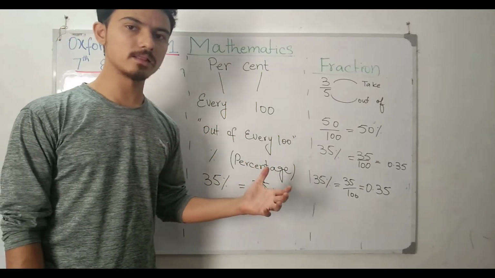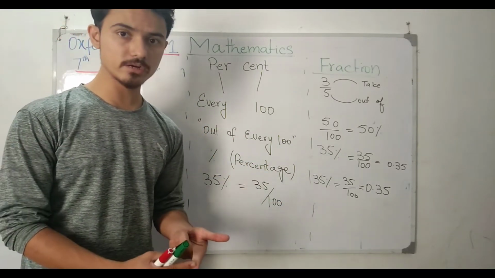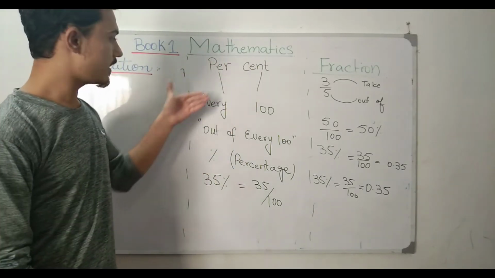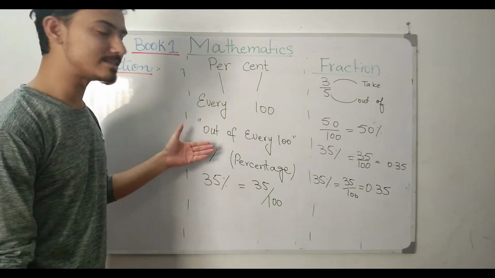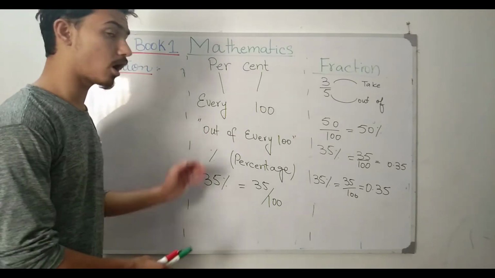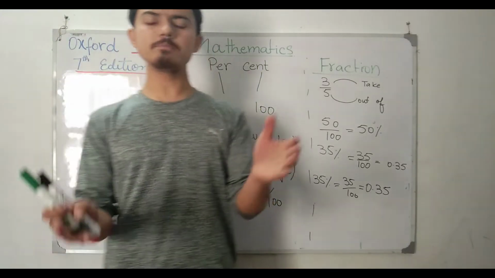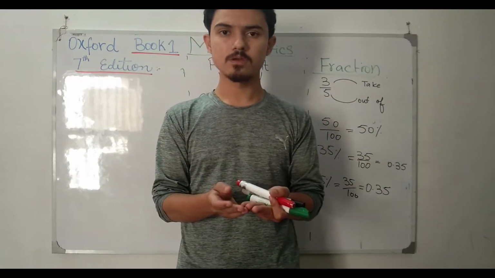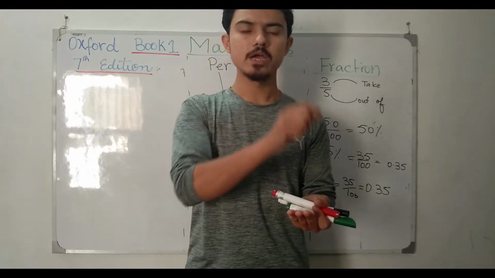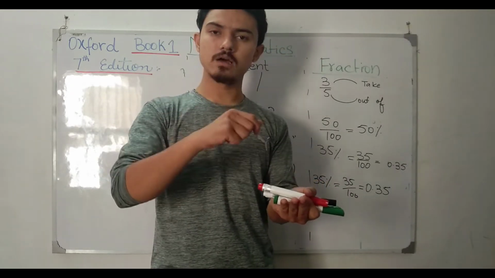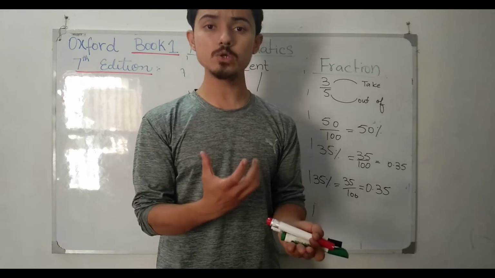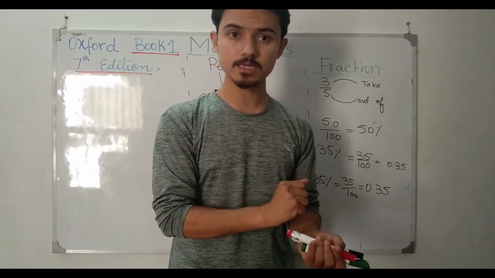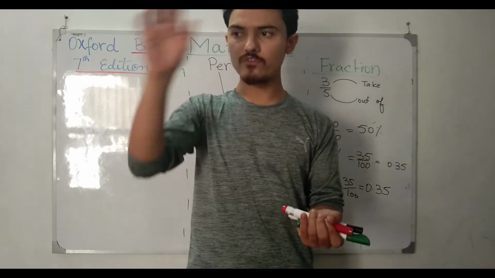Let me give you an example. Normally we say per year, per kilometer, similarly per cent, every 100, or you can simply say out of 100 or out of every 100. Let me give you an example. Suppose you have 100 blocks on a paper. You just make 100 blocks on a paper and you mark or color 50 of them. So what you do actually is pick the 50% of those blocks. Is it? Because you pick 50 out of 100.